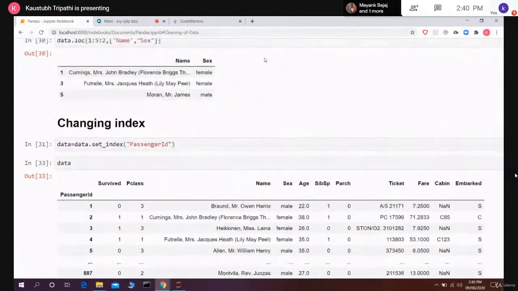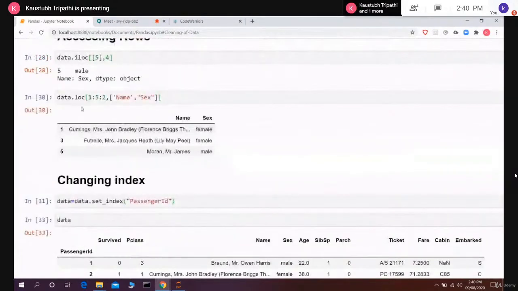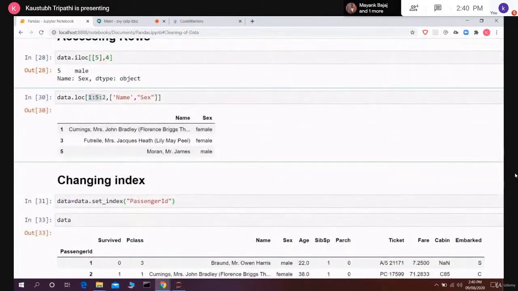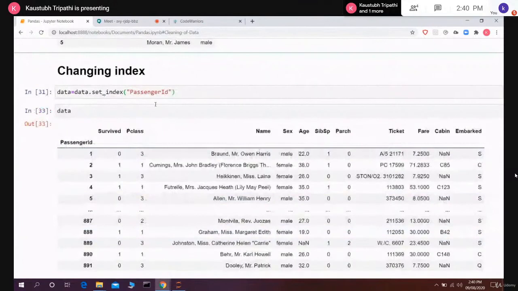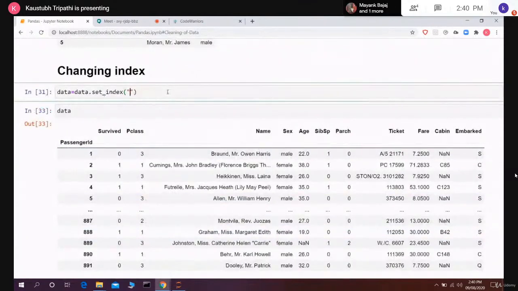Now changing the index has one more big use case, this is the very basic case, but the big case is, right now I was using the iloc method, right? So here in this section, I was passing the index values. So suppose we create an index as name. Okay, we transform here, we write name over here.